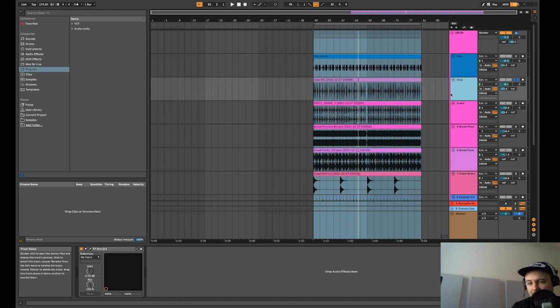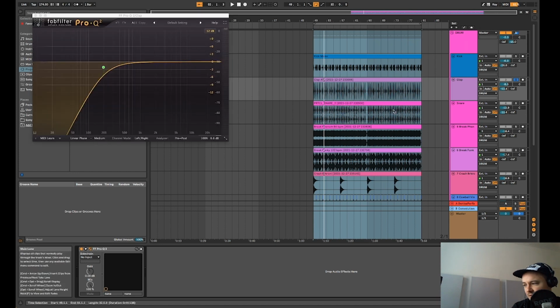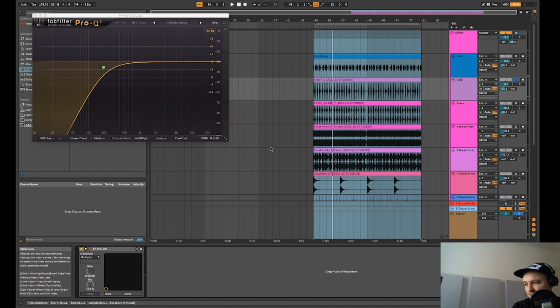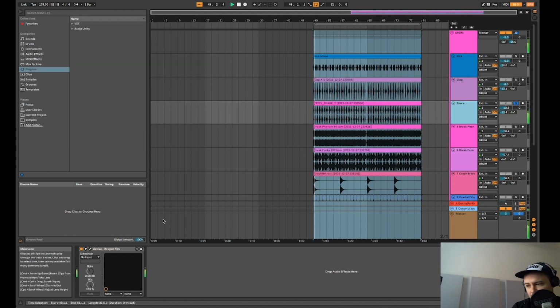We have a clap. Now this is quite a thin sounding clap because it works quite well in combination with the next snare channel. So I just have a little bit of low cut on the clap here. And actually it's barely even noticeable. But in combination with the snare,